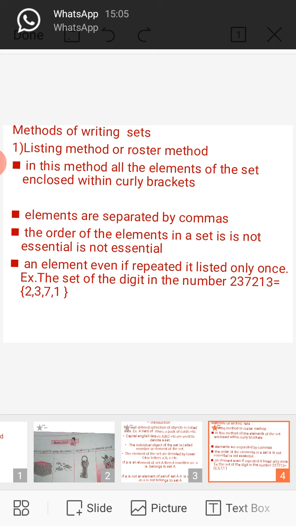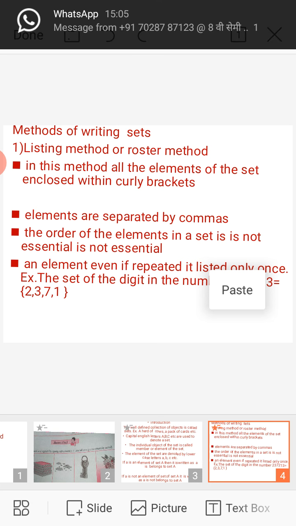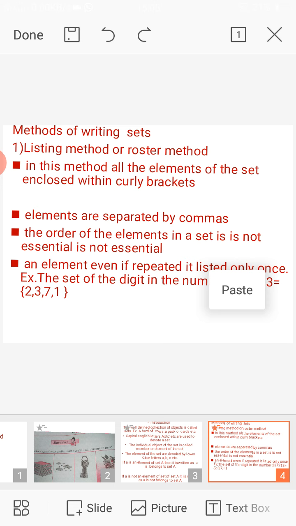In this method, all the elements of the set are enclosed within curly brackets. Elements are separated by commas. The order of the elements in a set is not important. An element, even if repeated, is listed only once.